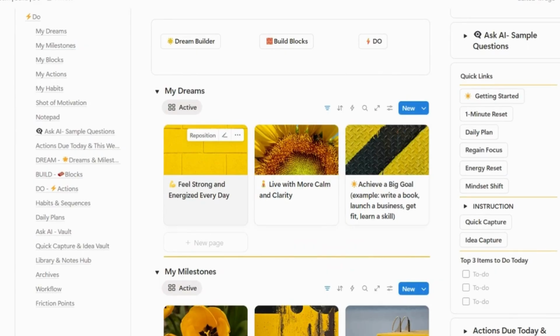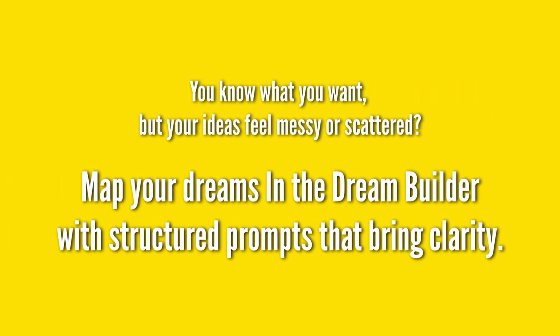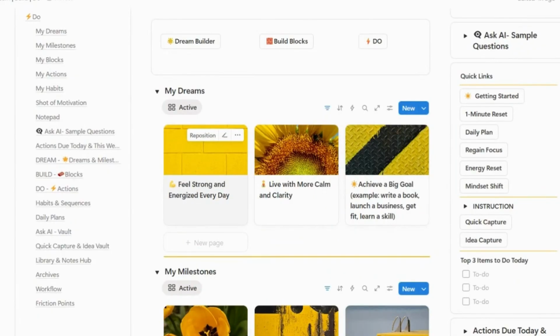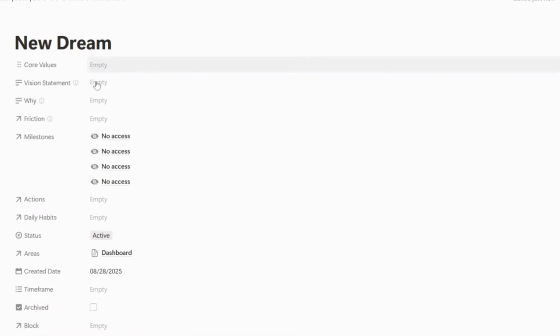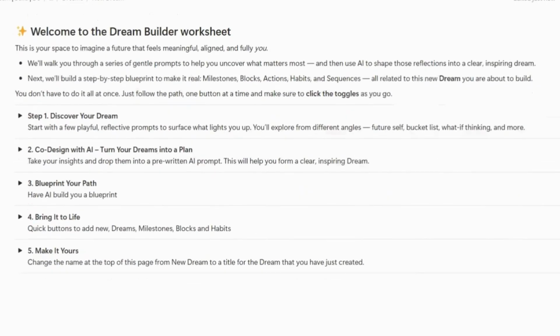Probably the reason you're trying to get organized is because you've got a big dream and you want to make it come true. Some people, though, don't actually have their dreams clarified. They might have a vague idea, but they're not 100% sure how to make that dream come true. So that's where the dream builder comes in. If we click this button here, we're going to start a new page called the new dream. And in it, you've got a step-by-step